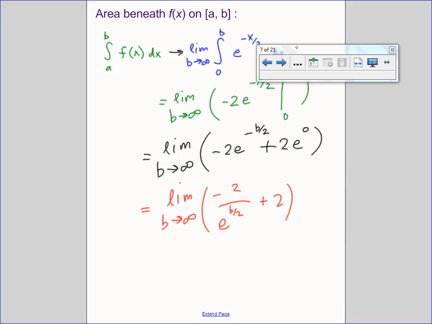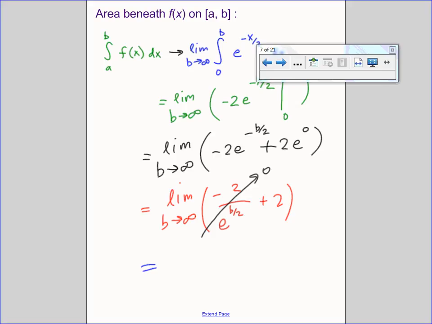So what happens to this fraction as b becomes infinite? Well, thank goodness for Bellwork. We see that e to the x, as x goes to infinity, becomes infinitely large. So negative 2 over infinitely large shrinks to 0. And we can evaluate this exactly. Our tool is the limit that allows us to do that. This term goes to 0. And the limit of a constant is the constant itself, which means that